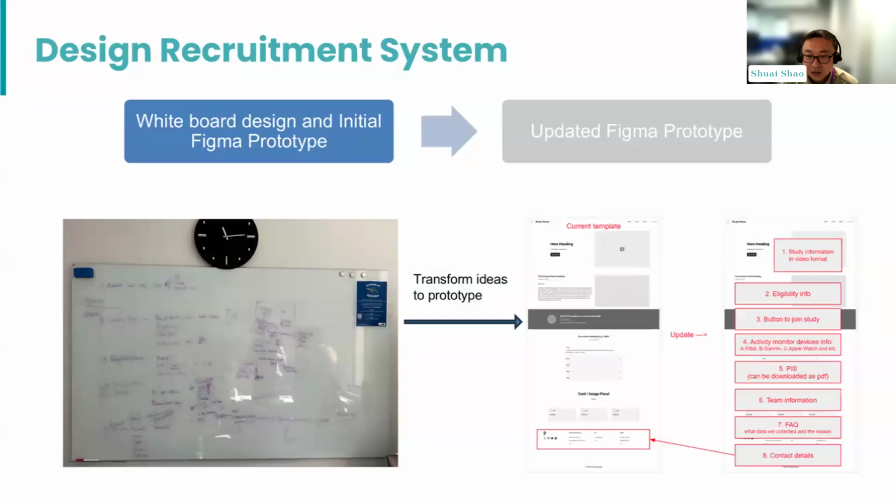But then came the question, how do we transform this whiteboard sketch into a working prototype? This is where talented folks at King's College London stepped in. They helped us build a prototype using Figma. For those unfamiliar, Figma is a powerful cloud-based design tool that enables teams to collaborate on creating, testing, and refining design prototypes. It allows us to turn our ideas into interactive models before final development.